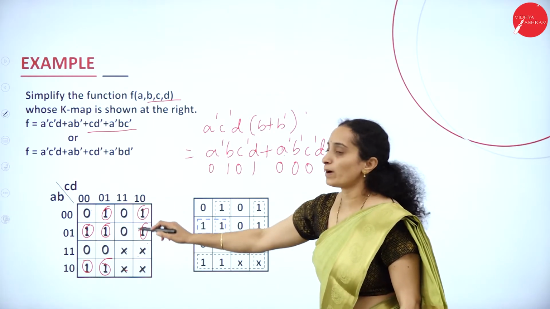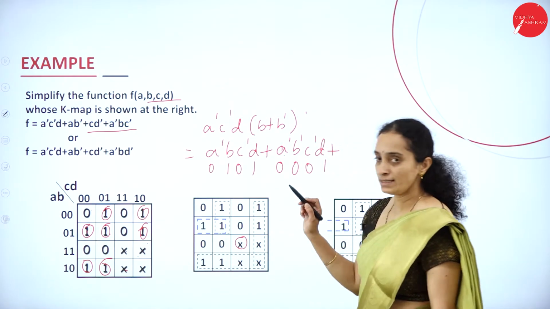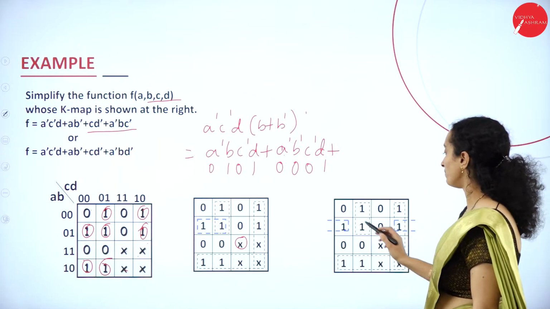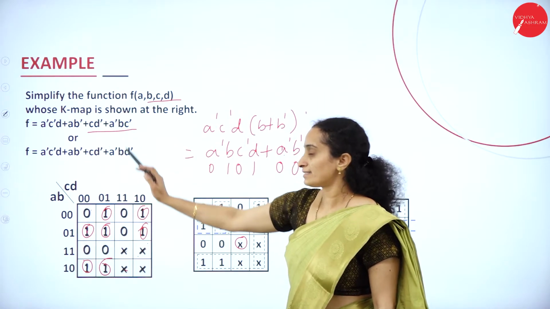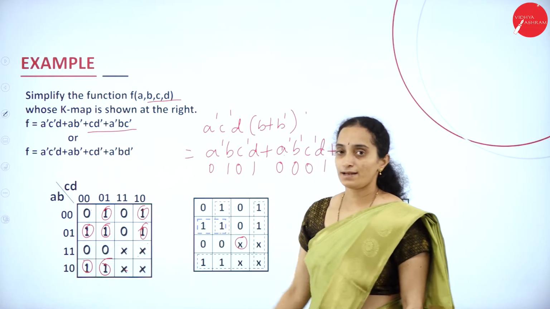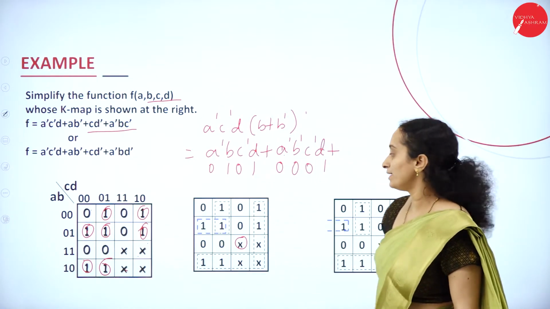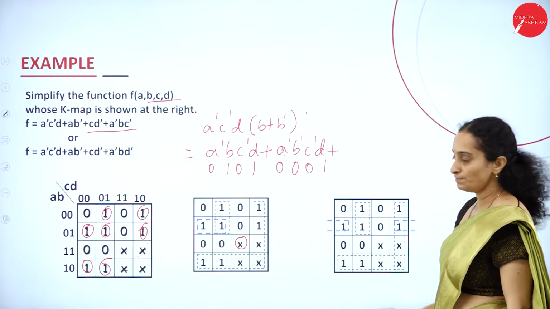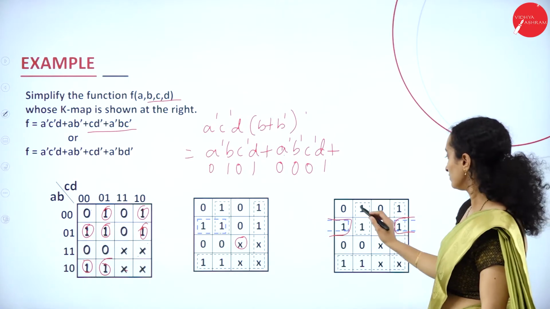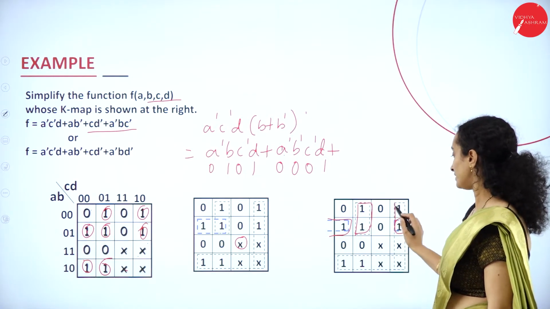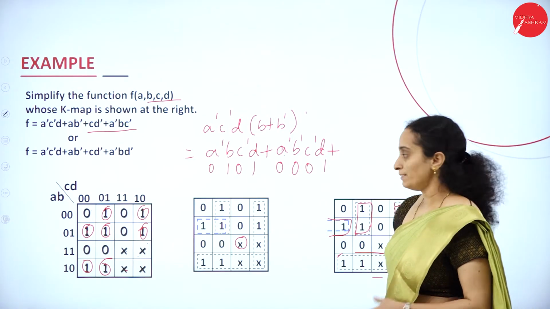Instead of 2 ones, 4 groups will be made. And again here, 4 grouping will be made. In this example, that is another expression, A dash C dash D plus A into B dash plus C into D dash plus A dash B D dash, will give you this value. So you can group like this also. Okay, one and the same thing. So you can use this and you can simplify.